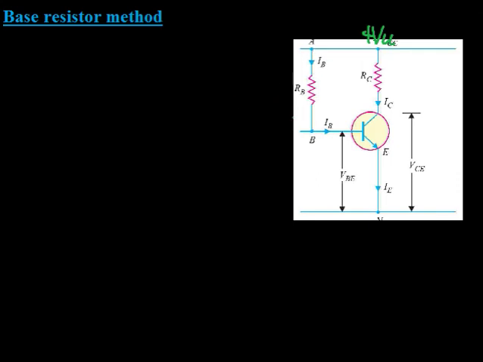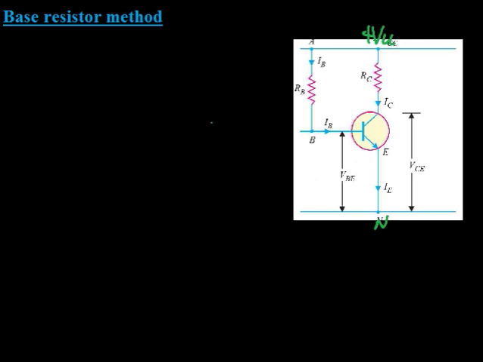Now we will analyze the circuit. Here this one represents an NPN transistor. If it is a PNP transistor, then the base resistance RB should be connected to the negative terminal of the voltage source VCC. So instead of connecting this RB to A, we will connect the other end of this RB to the lower terminal, that is the minus, the neutral point N.